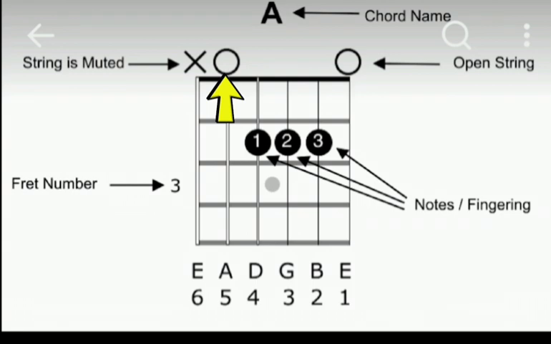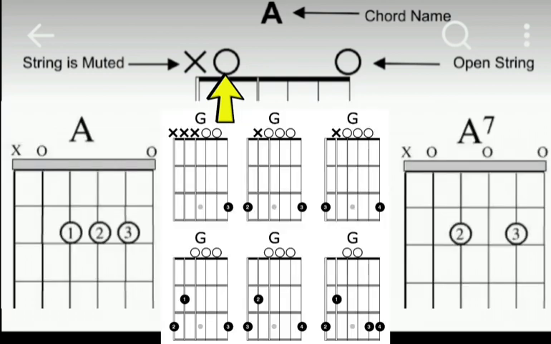So look at the following examples and see if you'll be able to distinguish which strings are muted and which strings are open strings. Looking at our A here, we will see which ones are muted and which ones are open. We also have a variety of G, and you see that we have 3 X's here and we have 2 circles or 2 O's.